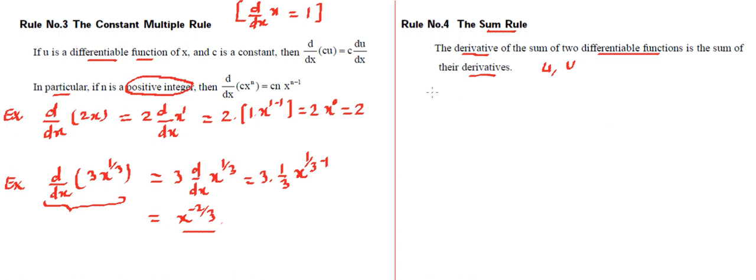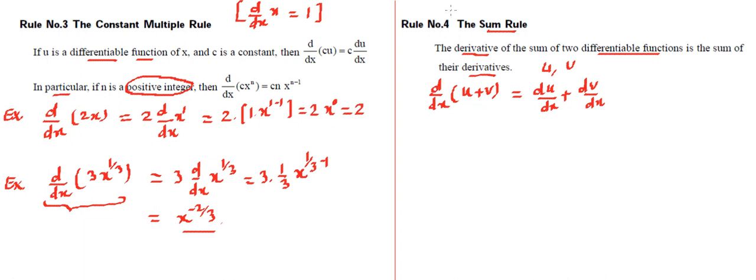So let's say we want to differentiate a function which is basically the addition of u and v. First we are adding the functions and then we are applying this differentiation. This is going to be the same as du upon dx plus dv upon dx. That means we differentiate one function, then differentiate the other function, and add them. Or you can call this a distributive law, that this operation d upon dx gets inside and gets distributed on both the functions. Making sense?